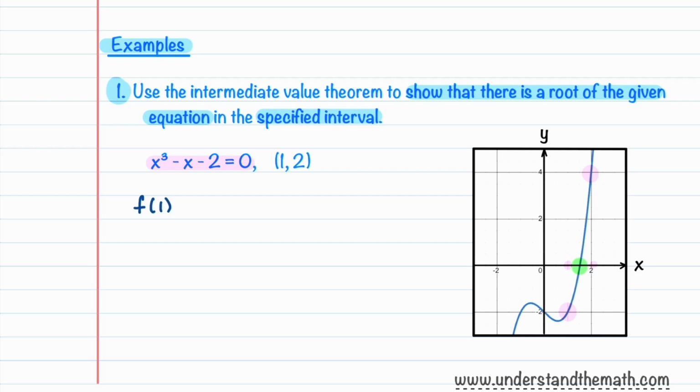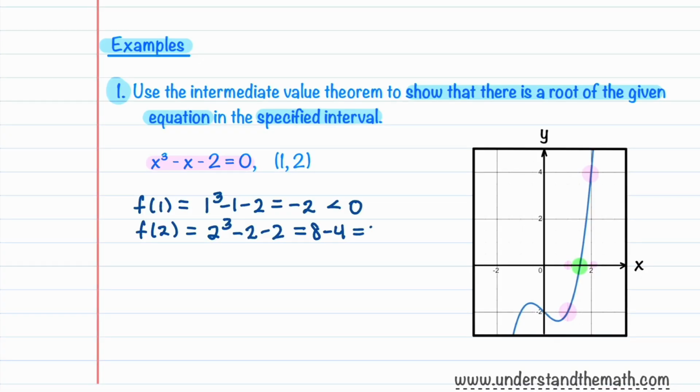f(1) is equal to 1 cubed minus 1 minus 2, which is just minus 2. Let's make a note that that's less than 0. Then f(2) is 2 cubed minus 2 minus 2, which is 8 minus 4, equal to 4, which is greater than 0. Because f(1) is less than 0 and f(2) is greater than 0, the intermediate value theorem